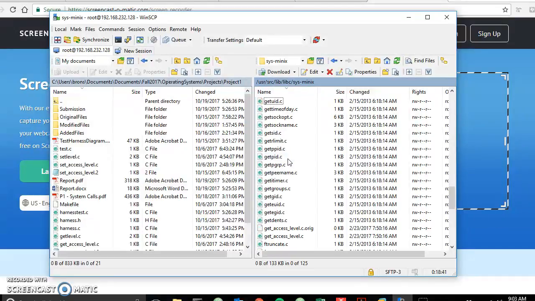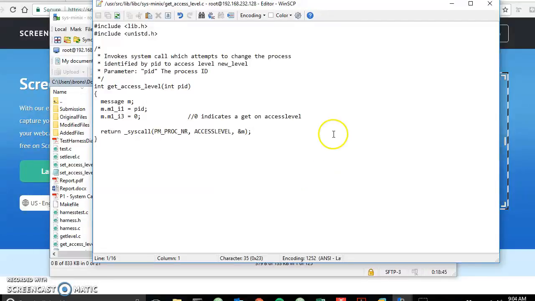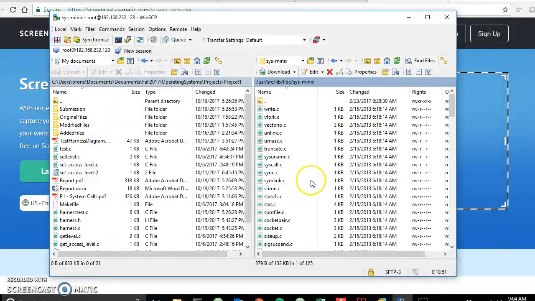So this is where my actual library functions get and set access level are. All it is is a message that passes through to the kernel to make a system call, but to give that user the ability to just write a function instead of having to write a manual system call. Takes effort away from the user. In order to do this,